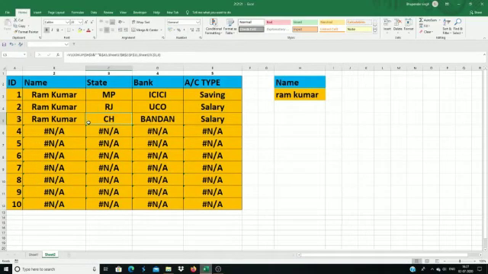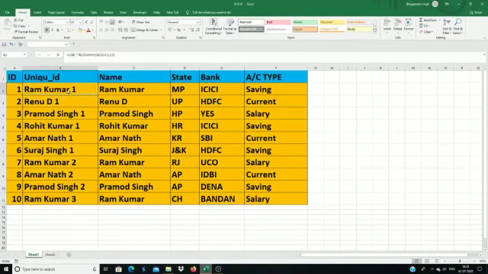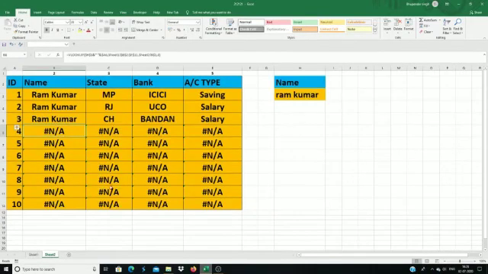You can see only the first three rows have answers and the rest of the rows have errors. The reason behind these errors is that we are looking for Ram Kumar, and in our previous sheet we only have Ram Kumar three times, first in B2, B8 and B11. So three times we have Ram Kumar, that's why we have only three rows filled by our VLOOKUP, and the rest of the rows have errors. Now our project area is not looking fine, so we want to make our project area neat and clean. So let's start how we handle this.